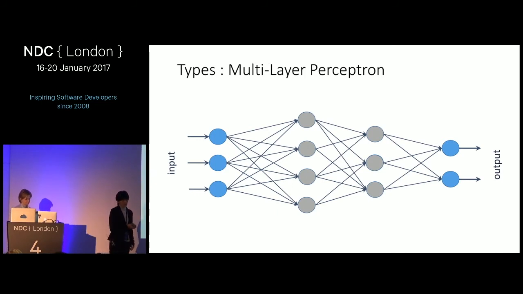This is, I think, the most used network in the neural networks field, because it's really easy to understand, easy to write, and it's quite powerful. The typical usages of multi-layer perceptron are regression, classification, and sometimes dimensionality reduction.